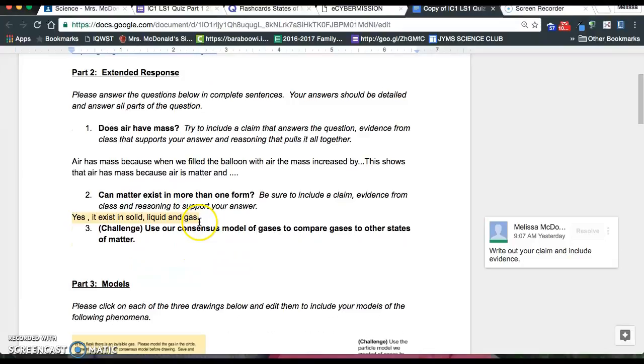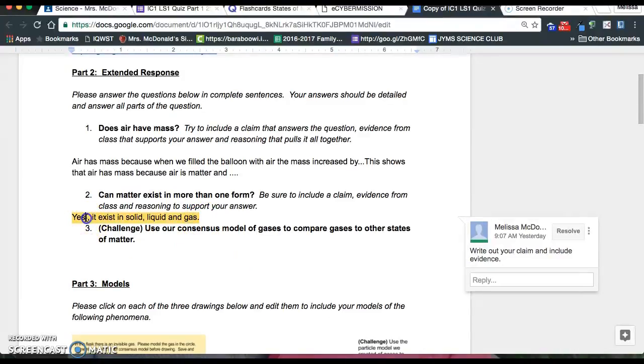Finally, I need to improve this question too. I see again that I need to write out my claim. Instead of saying yes, I'll say matter can exist in more than one form. Then as evidence, I need to include evidence that I've seen or numbers that tell me that this is true. I remember from class the menthol experiment. So I'm going to say, in class, I saw menthol